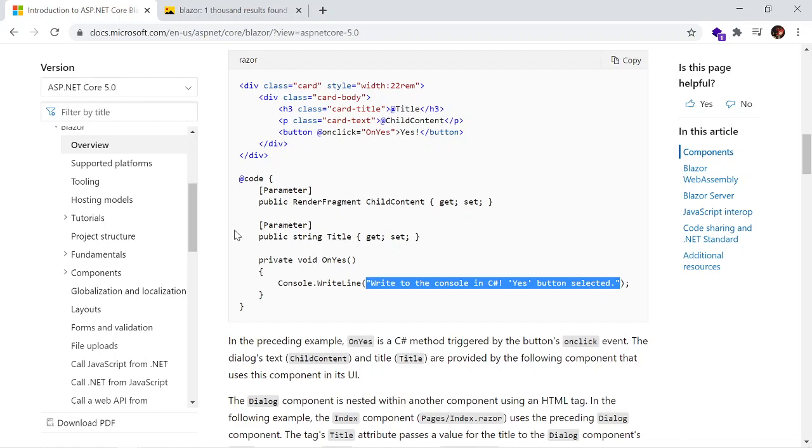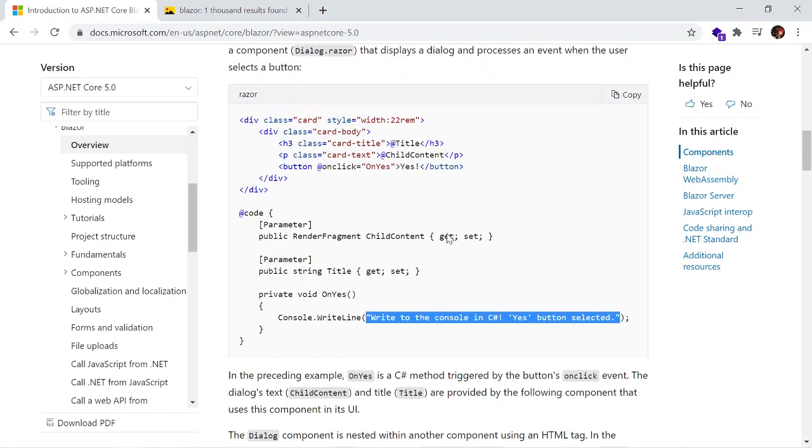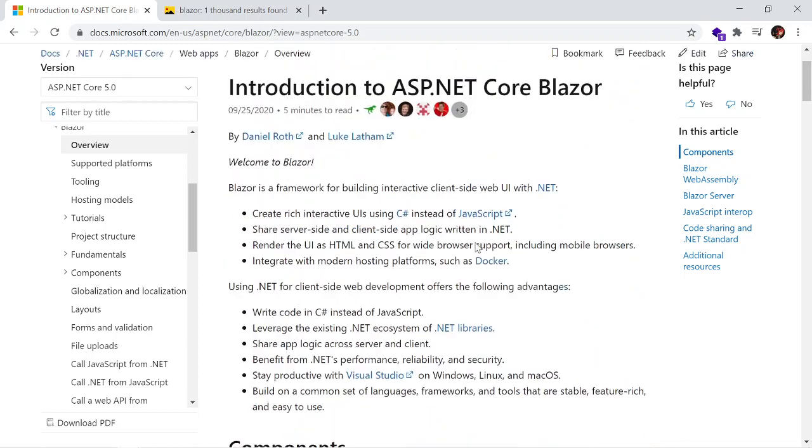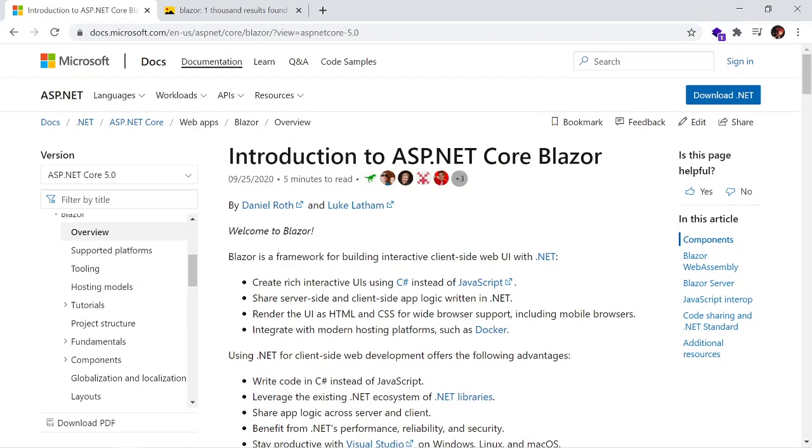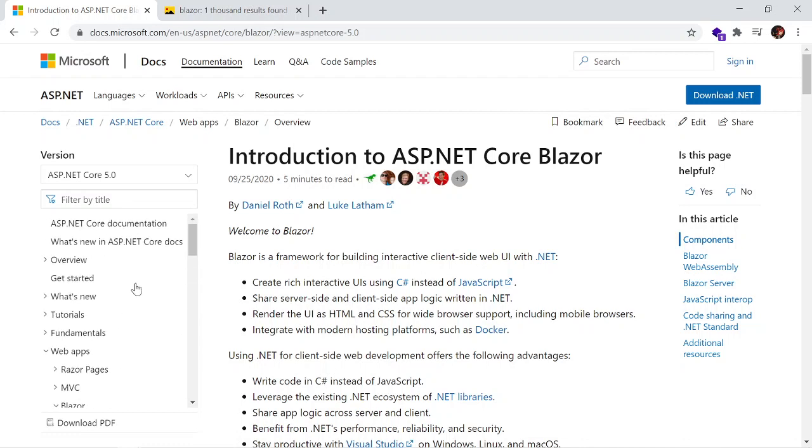Okay, let's get started with how to use Blazor. First, we need to install the Blazor SDK.